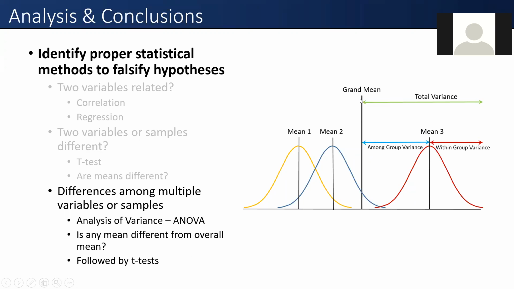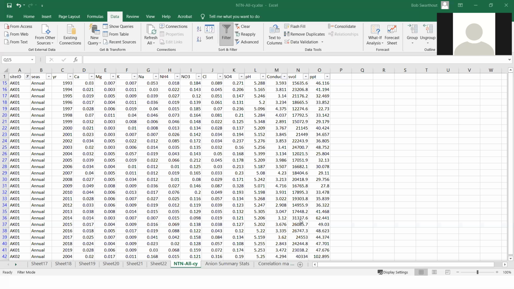So in this image, it's asking, is mean number 1 statistically different from the grand mean? What about mean number 2? And what about mean number 3? This is going to give us one p-value that tells us either there are differences or there are no differences. And then we would follow that up with individual t-tests to see which groups are different. So going back to Excel here,